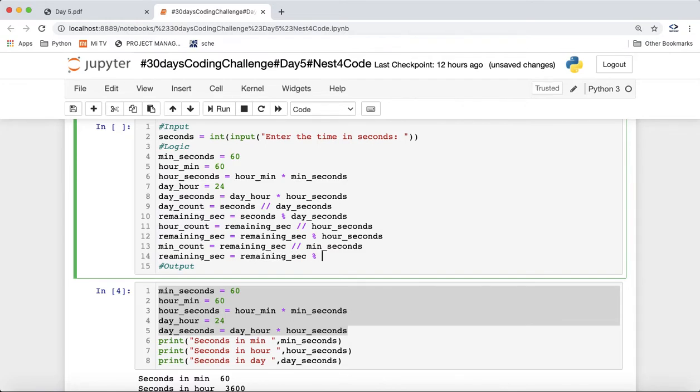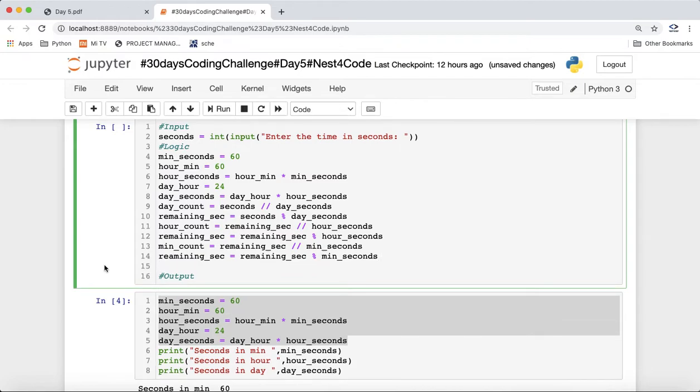We'll use the remainder operator with the minute seconds part. So whatever the remainder is, it will be the remaining seconds now. So guys, this remaining second will be the second count only. I think here we misspelled the remaining seconds, so we'll just copy this. So this would be our logic part, right?